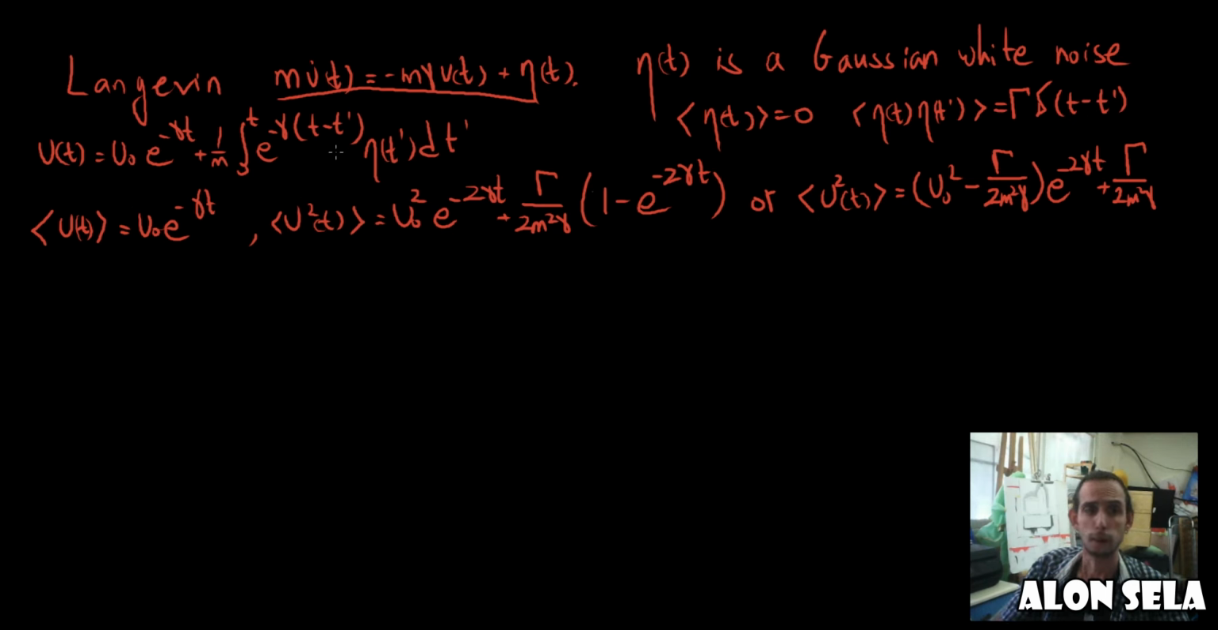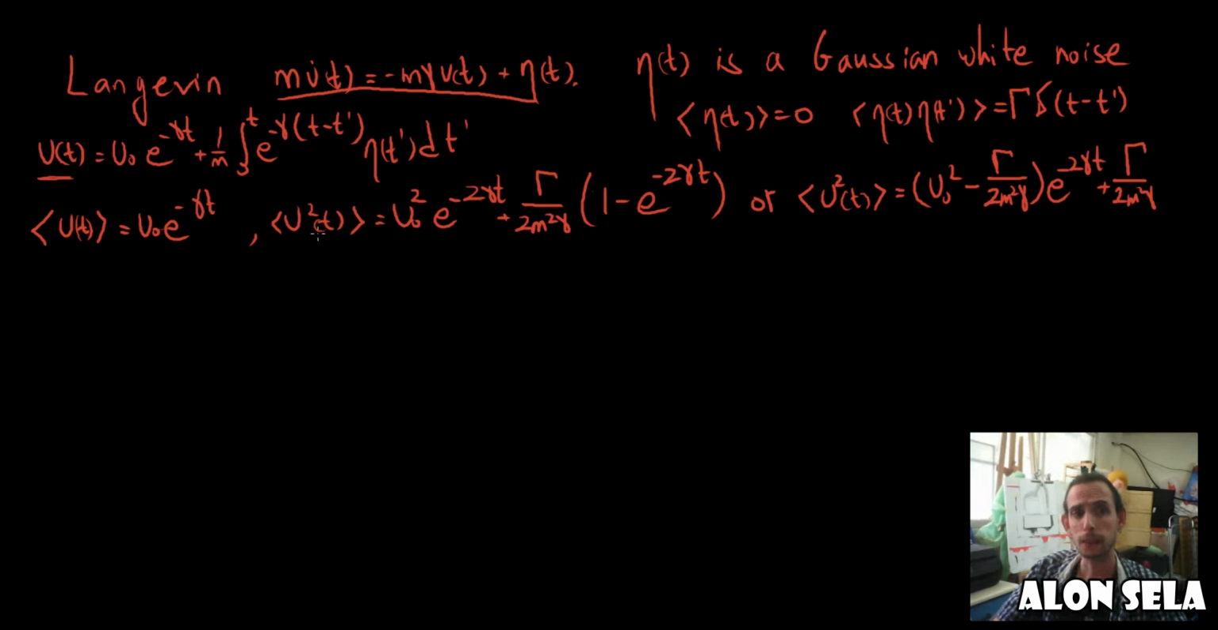We saw that the solution to the Langevin equation, and by solution we mean finding an expression for the velocity at time t, is given by this expression. We saw that the expectation of the velocity at time t is equal to v naught, some initial velocity, times e to the minus gamma t,